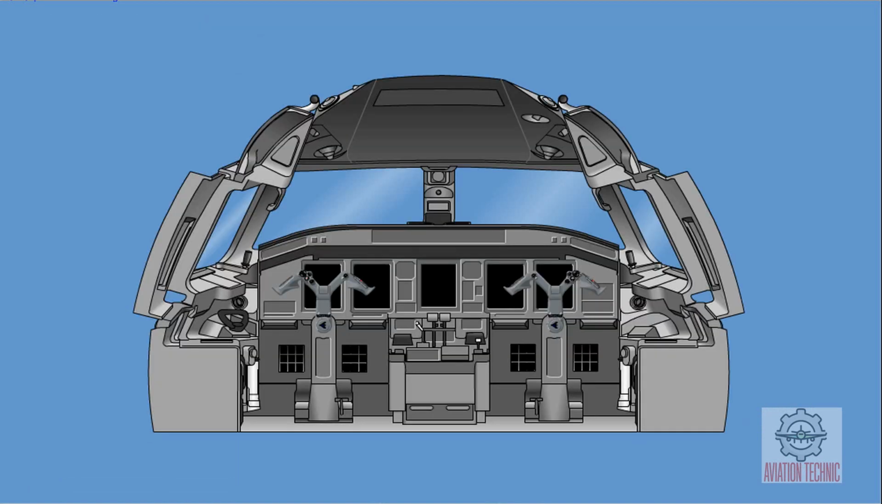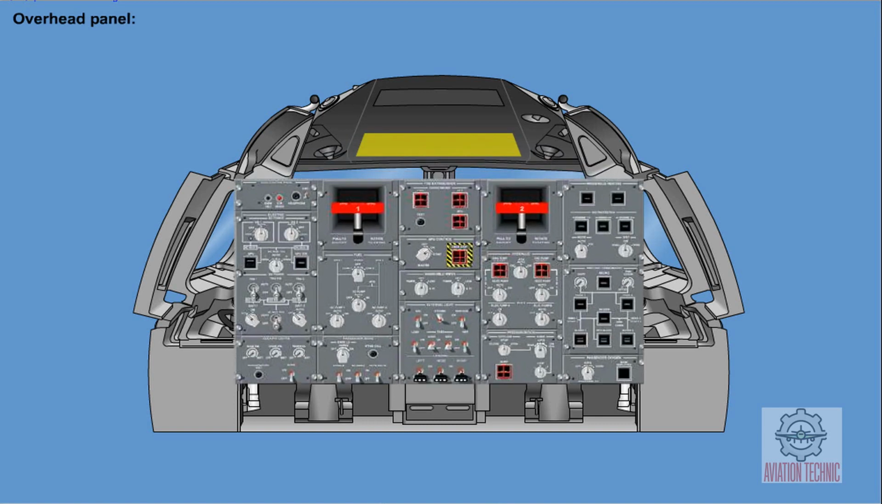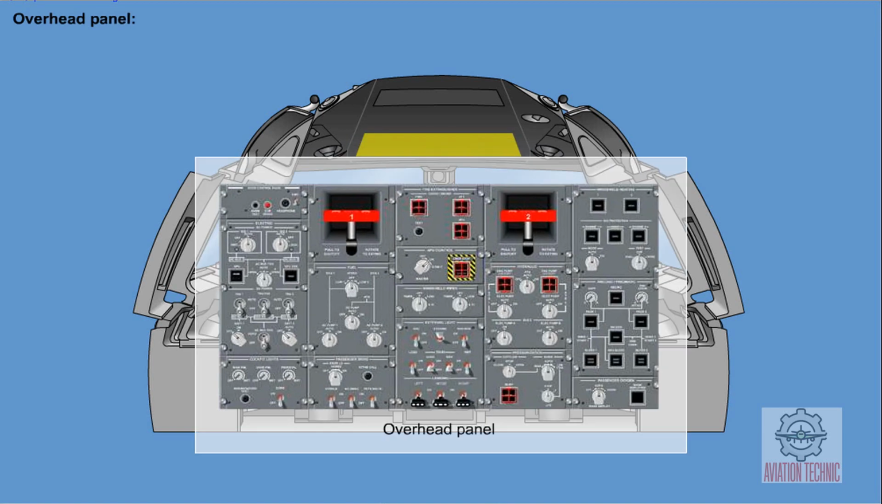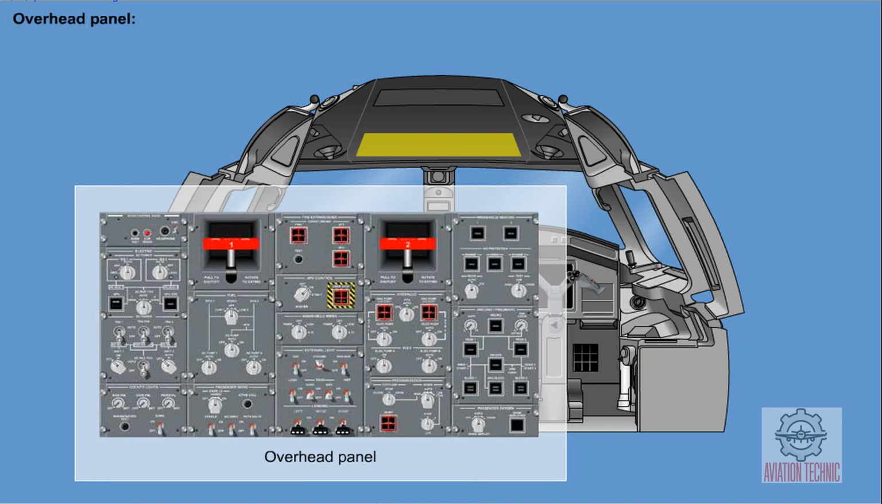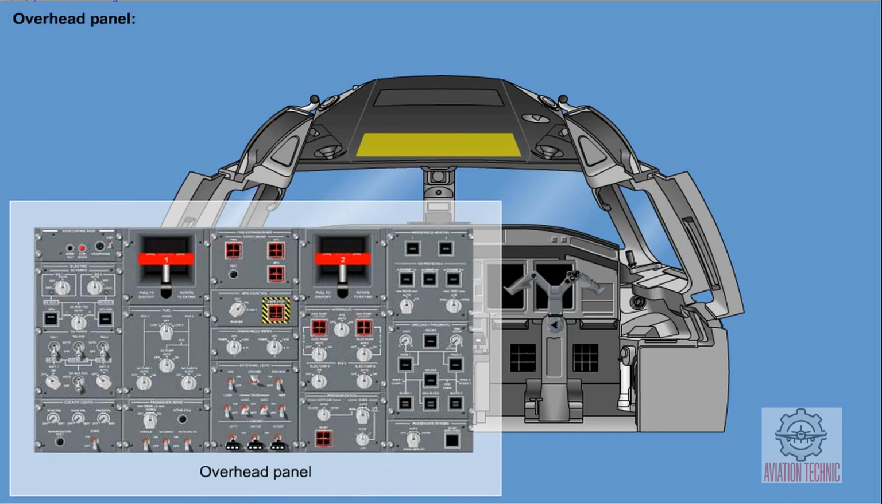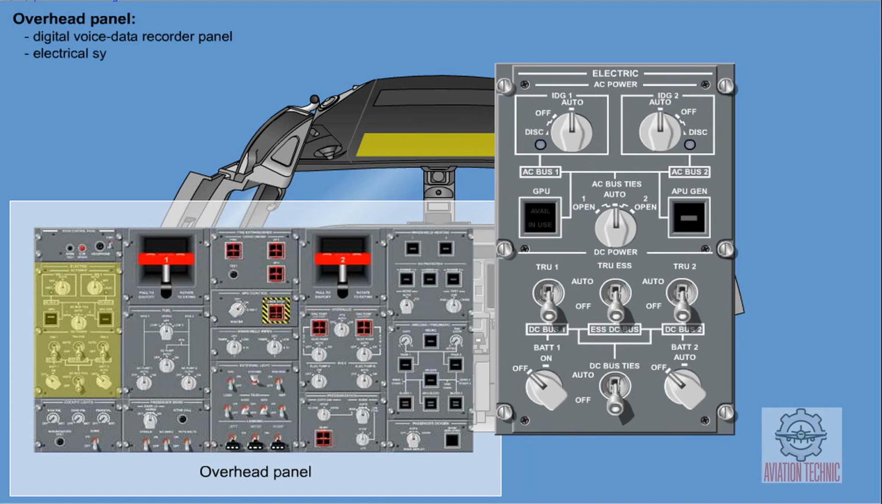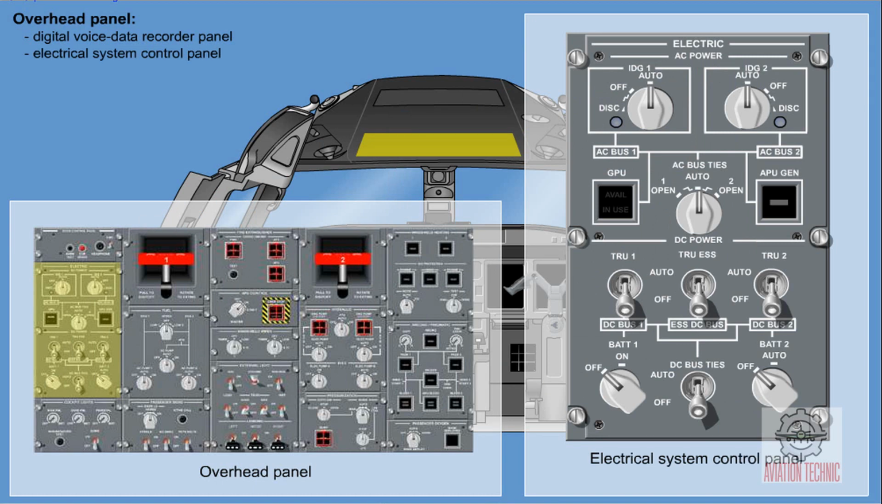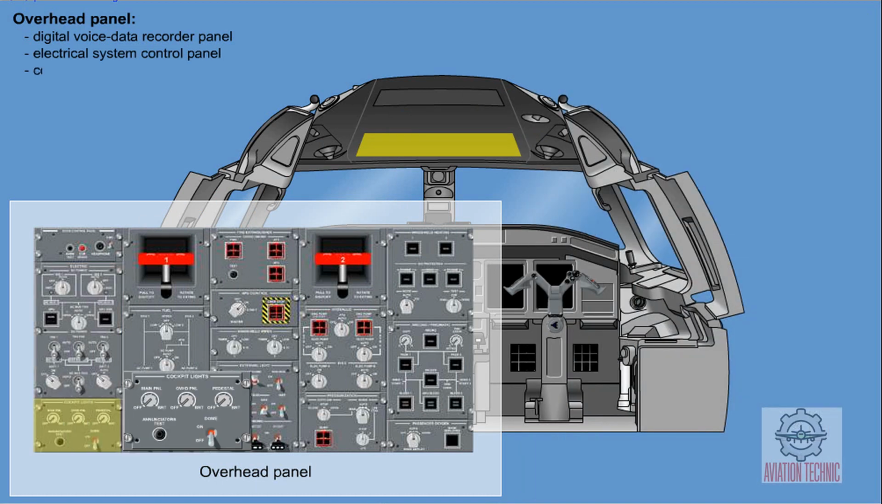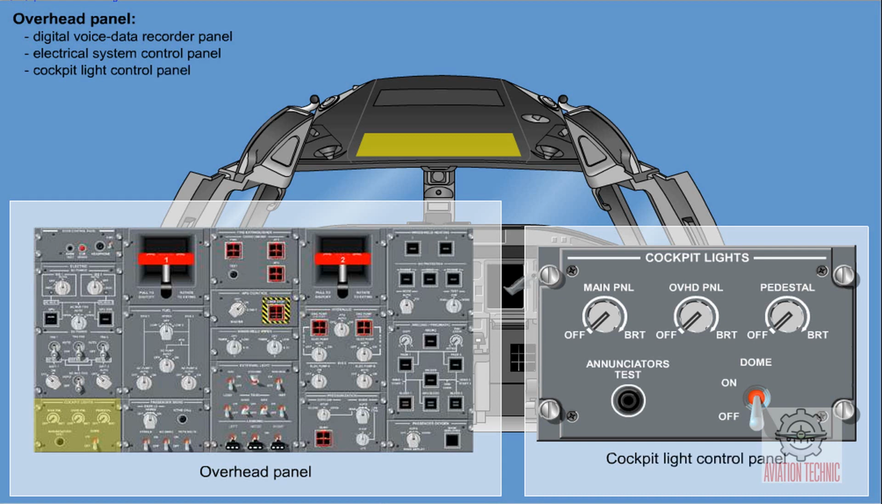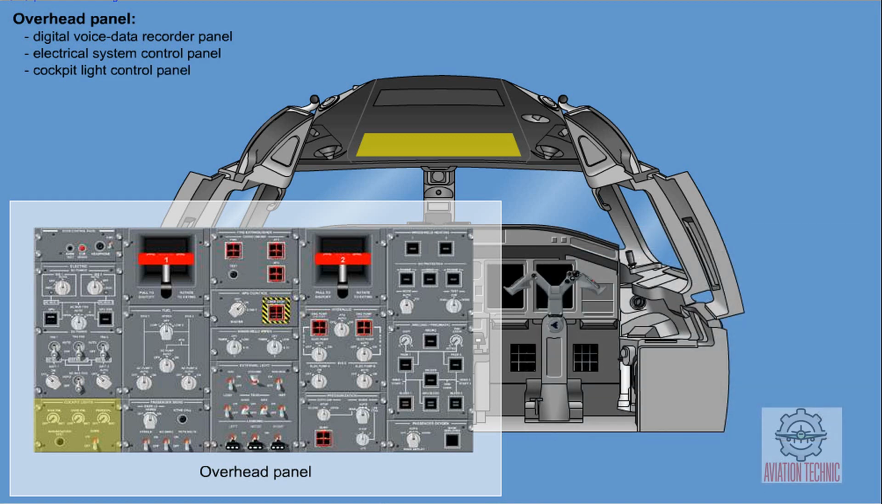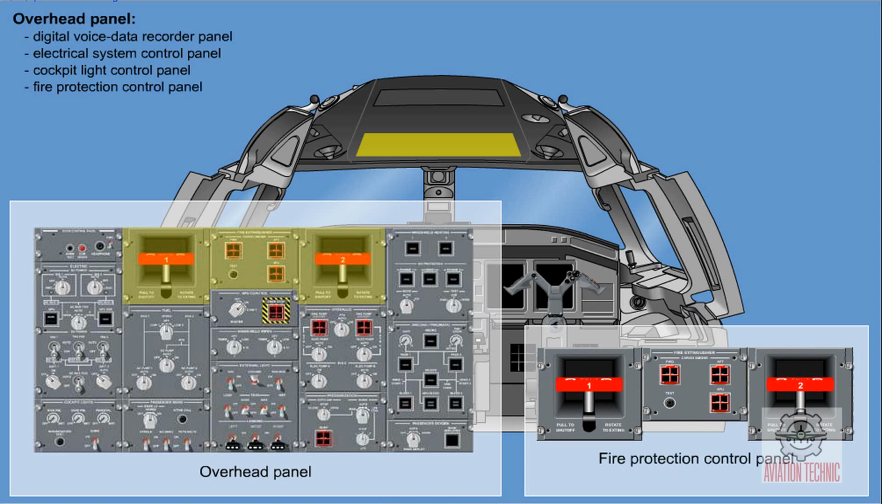Most of the controls for the aircraft systems are located on the overhead panel. The overhead panel system is divided into sub-panels, which have integrated lighting for night flight purposes. The sub-panels and controls found on the overhead panel are the digital voice data recorder panel, the electrical system control panel, the cockpit light control panel, and the fire protection control panel,